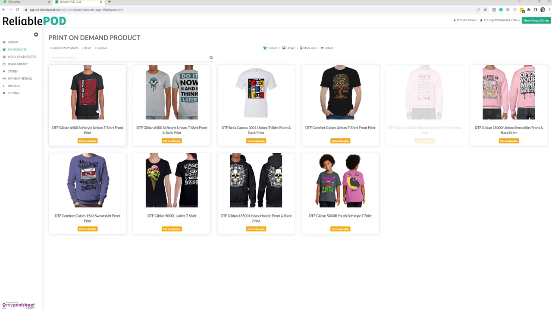98% of what we do is front print, so we have to take space up for mock-ups for the back, front and back prints. So for this one we'll just do the front print gilding. So if you click on the product,